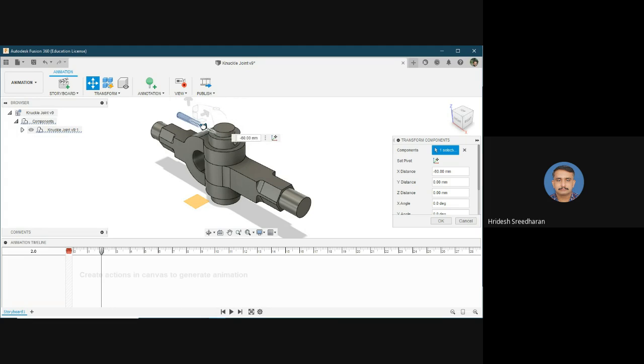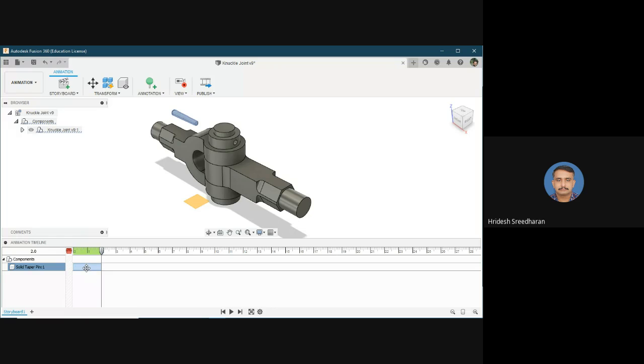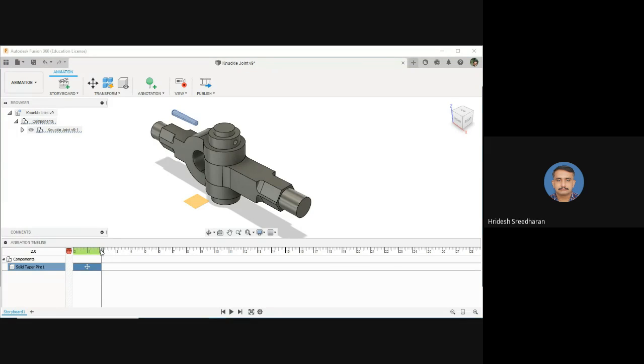So now let us move it back and give OK. Now in the animation timeline, you can see a new thing has been developed. Let us rewind it and play it. Thus we can see that we have created a manual explode or a transformation of our first component.